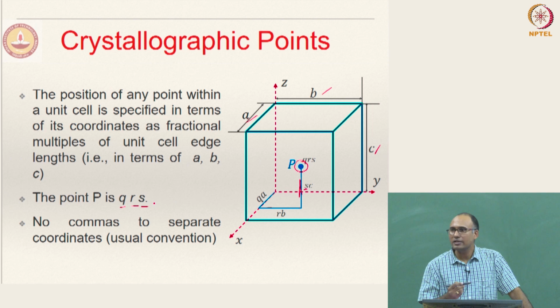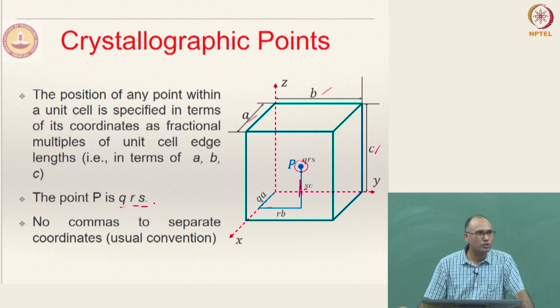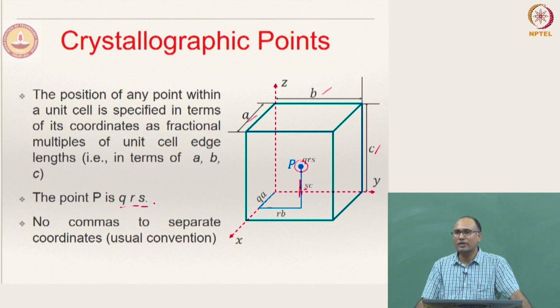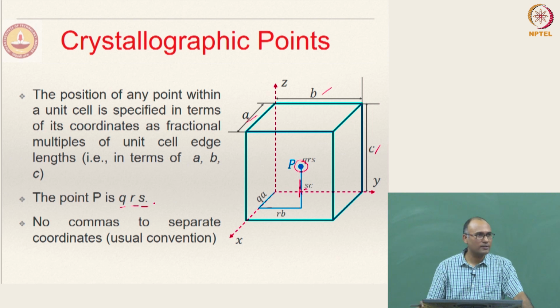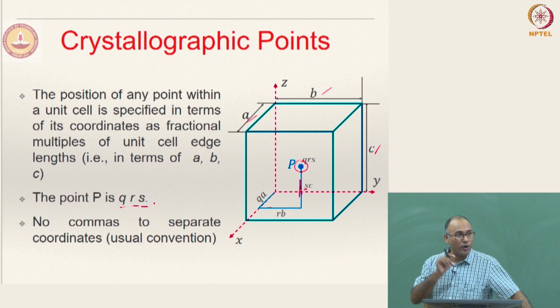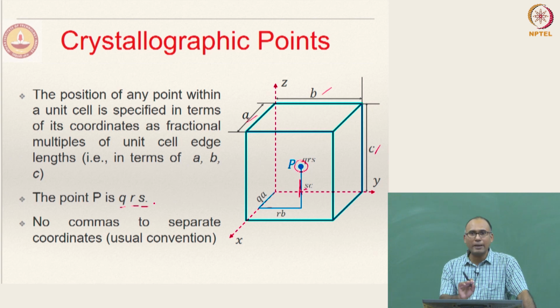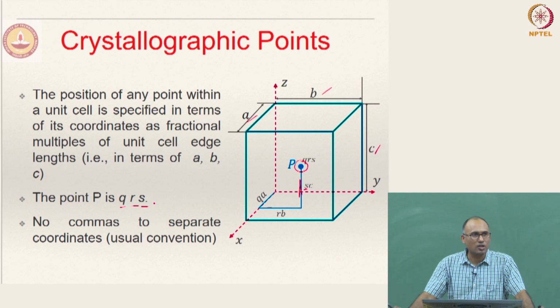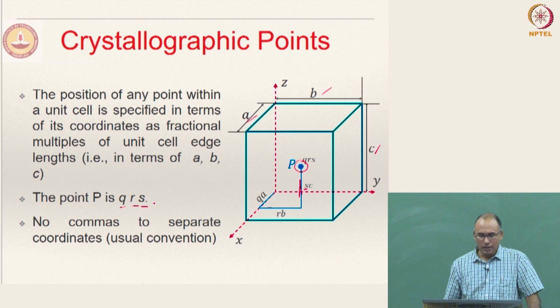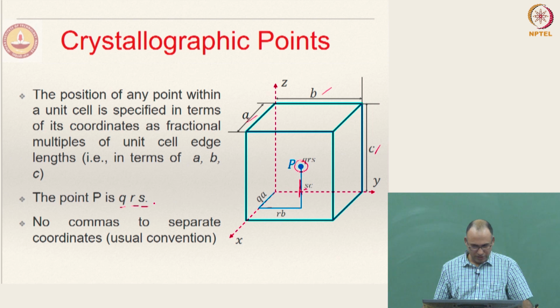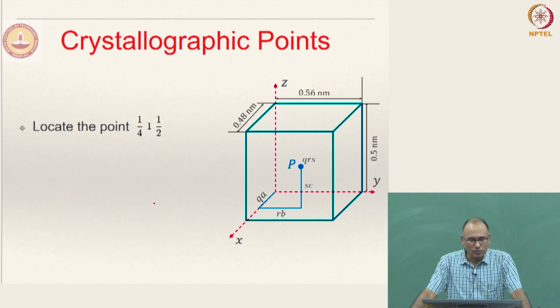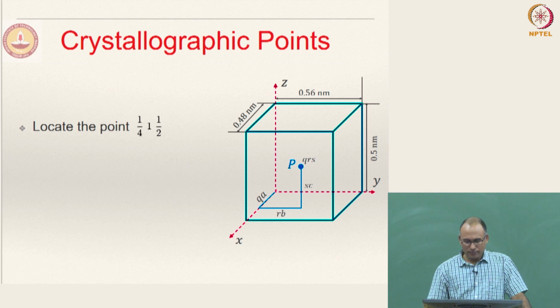You do not write an absolute value, you only write in terms of your lattice vector, that is important. And when you are representing a crystallographic point, you just simply write these three numbers beside each other, that is all. You just write three numbers. For instance, let me see if I have an example, yes. So this is your point 1/4, 1, 1/2. So what I need to do? I need to move 1/4 in this direction.